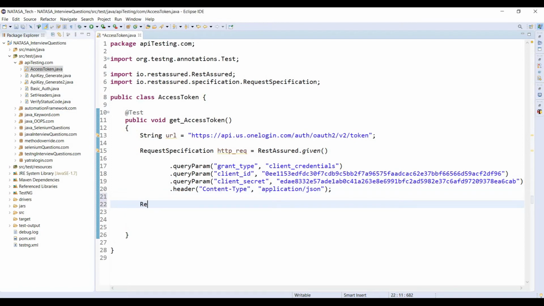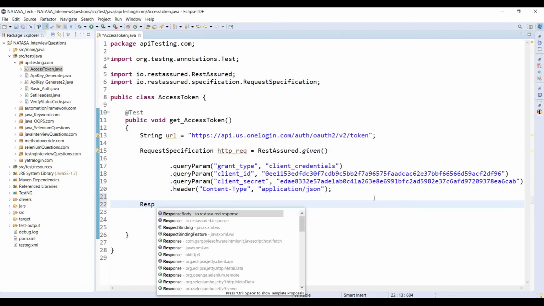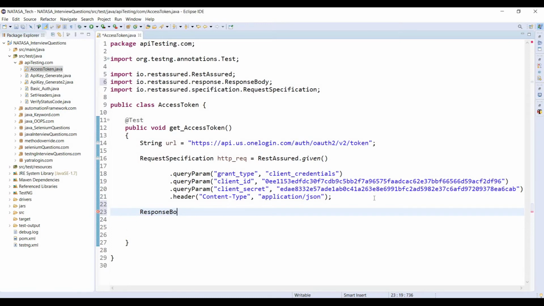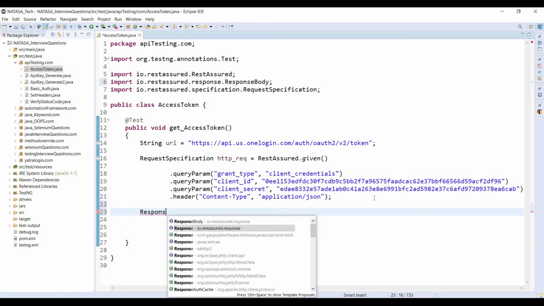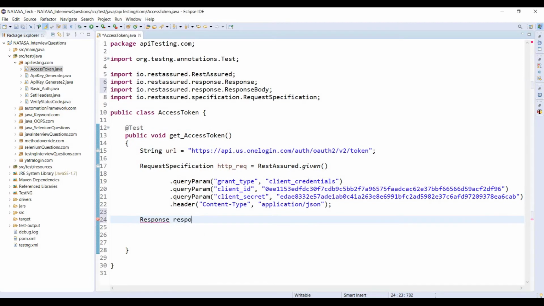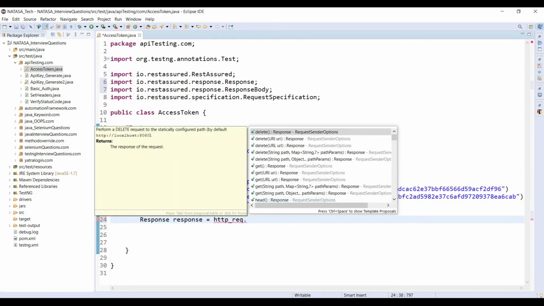Next, we have to get the response. Response equals httpRequest, and we have to give the HTTP method. What is the method?